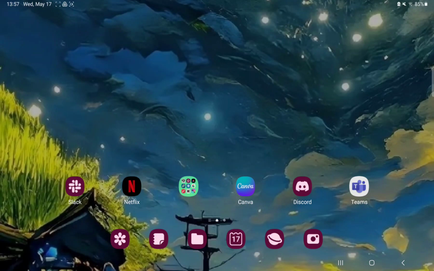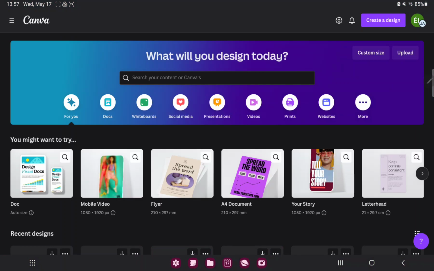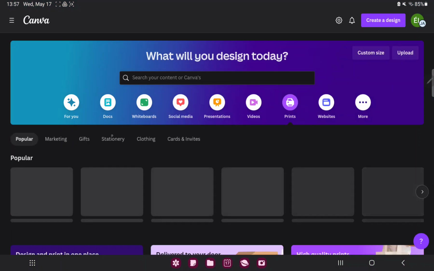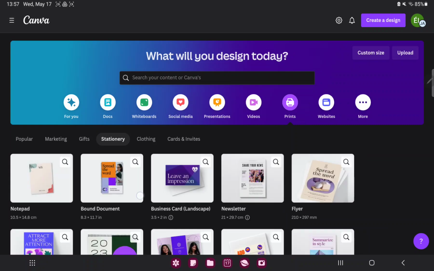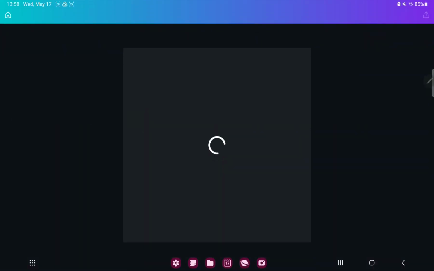First of all, open the application on your device. Go to the print section and click the stationery button next to the gifts, and click the resume option next to the letterhead. Here you have more chance if you want to add pictures to your project. Just click the